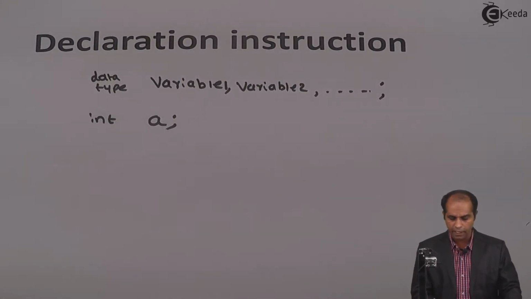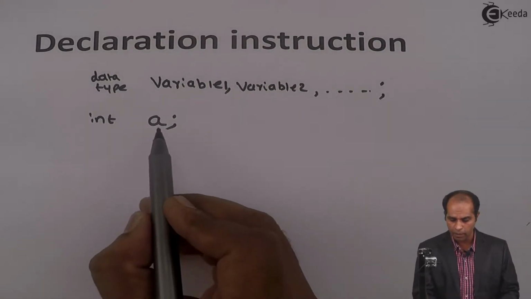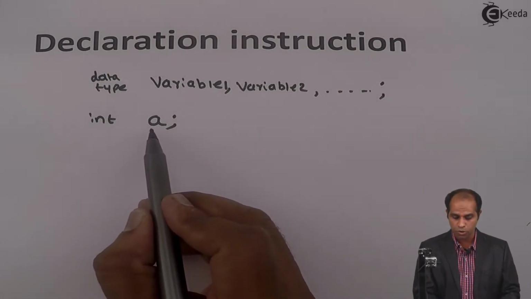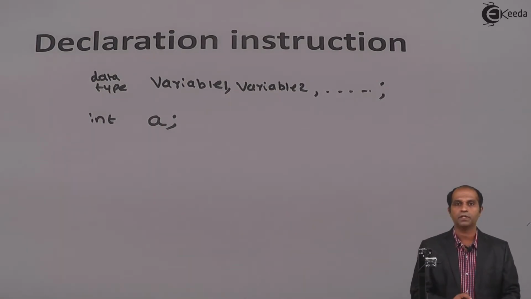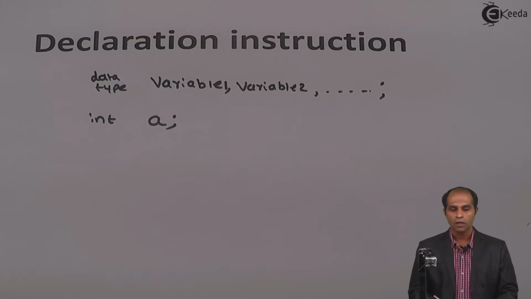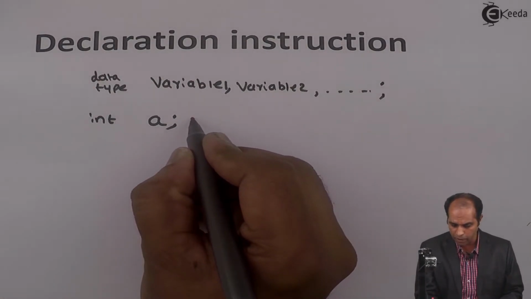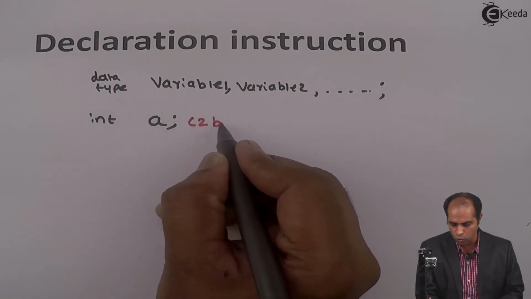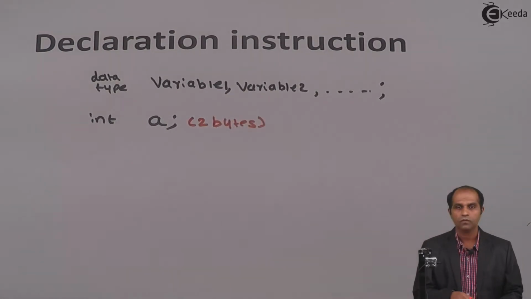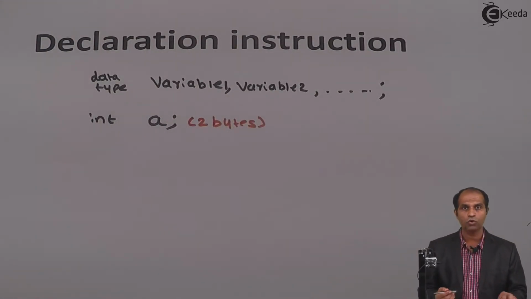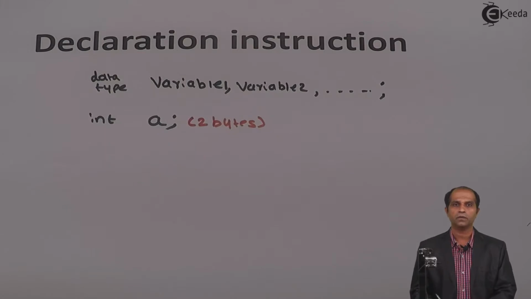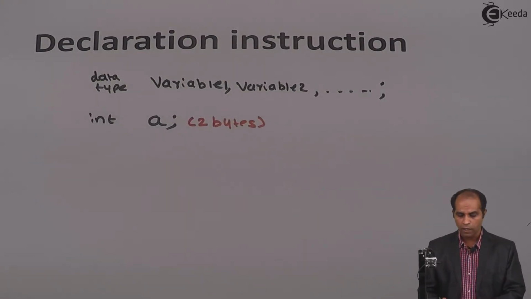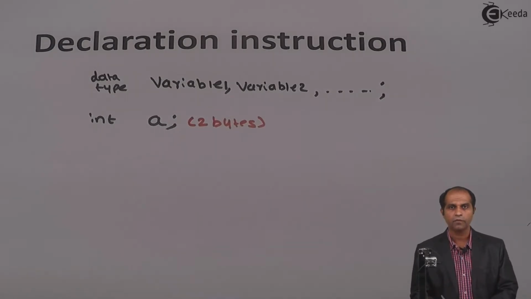Now when I say int A, this variable by name A is now ready to store values of type integer. Now when I say variable, a variable will be allocated memory. A variable A, which is of type integer, will be allocated 2 bytes of memory. Suppose I wish to define two variables of type integer, say A and B. Now there are two ways to do this. One, I can define int A and I can use one more variable named int B.